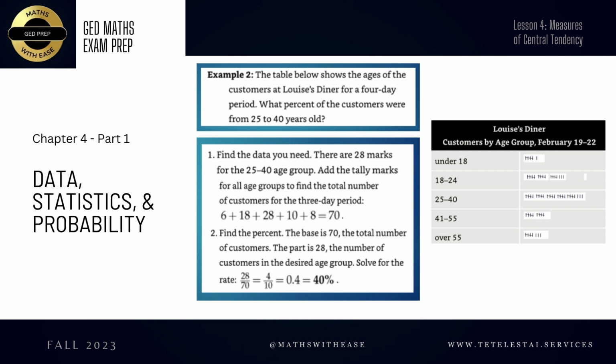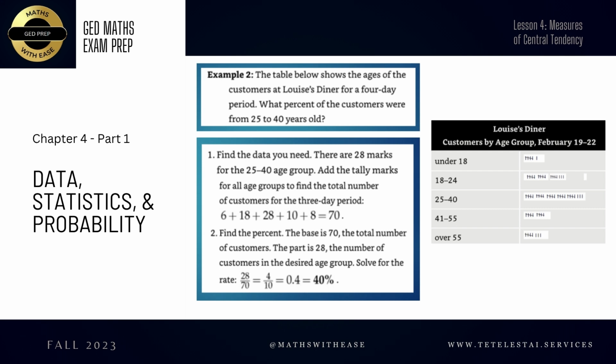Oh, I see. Okay, I think this 3-day period is referencing, no, that doesn't make sense because we don't know what days this group of people came in. We just know that they saw this group of people spread out over this 4-day period, right? So anyway,